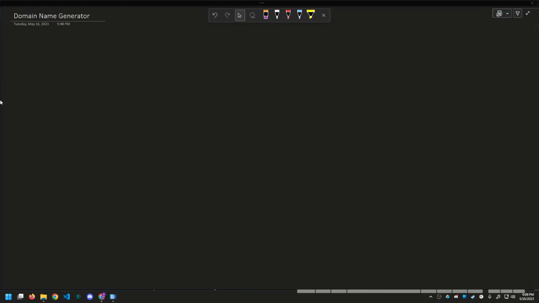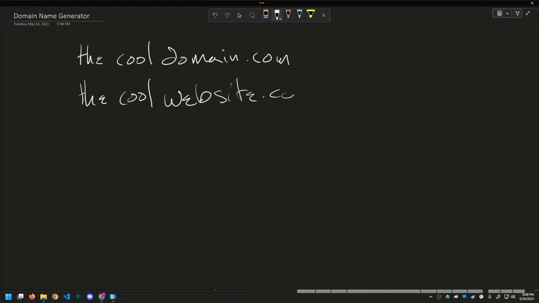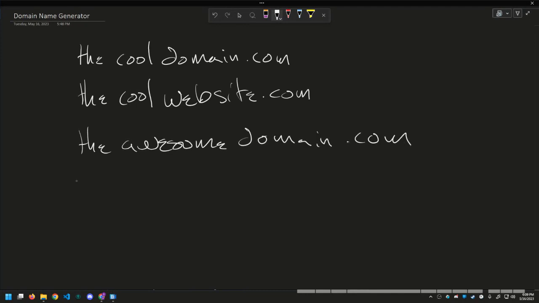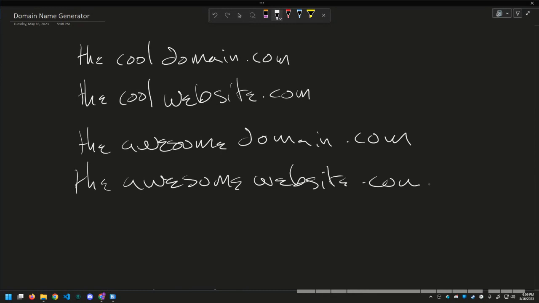So we want our domain names to be formed in a fairly specific way. We want like the cool domain.com, the cool website.com, the awesome domain.com, the awesome website.com. And these are just examples. We don't have to use these exact words when we get into this. I'm doing this to highlight the kind of structure that's there. So each of our URLs has